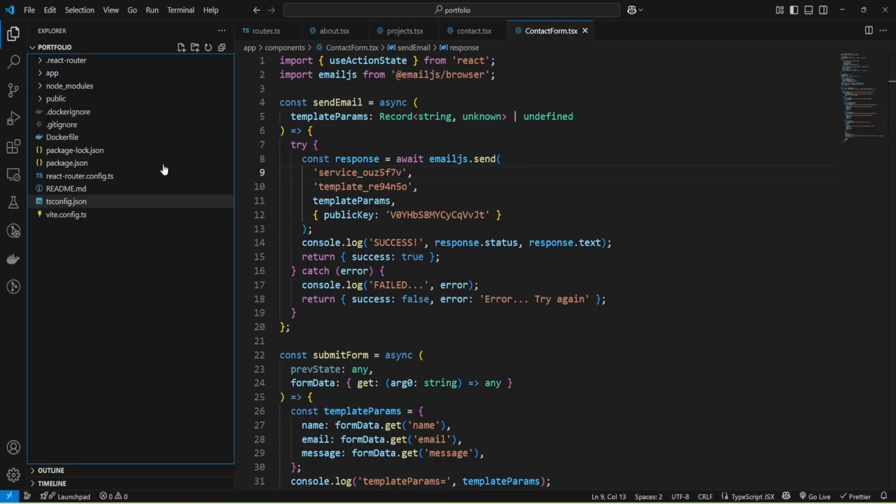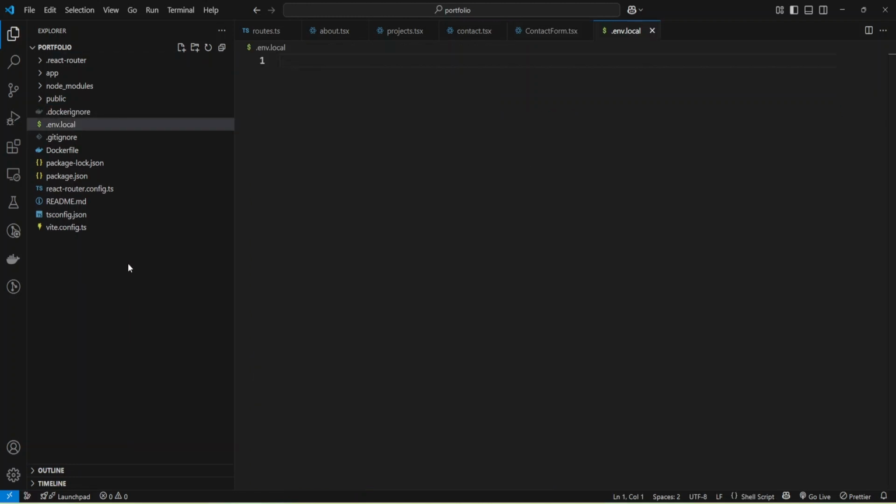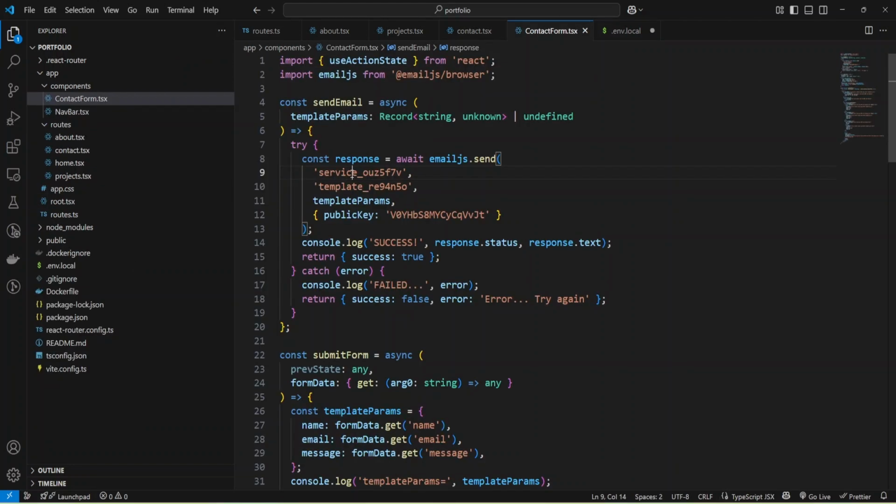And let me create one, and I'll use env local, and we'll add Vite API key. The project was created with Vite. You can check the video, and we'll provide my API key.